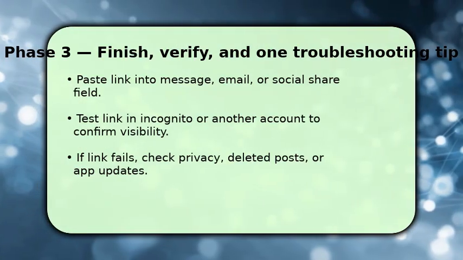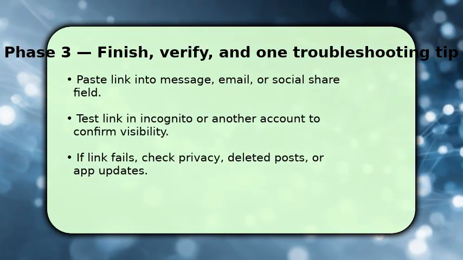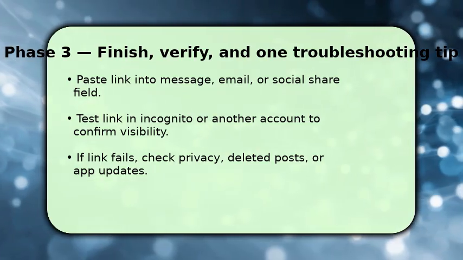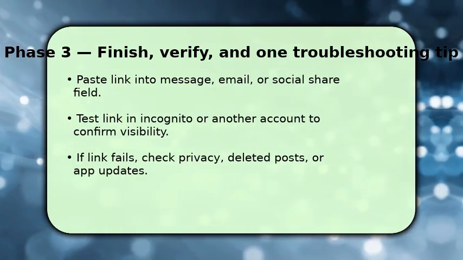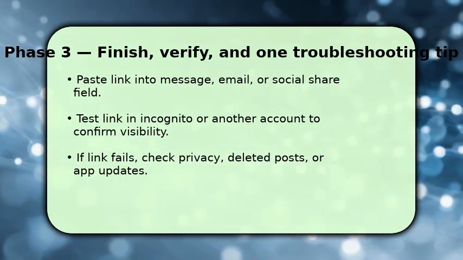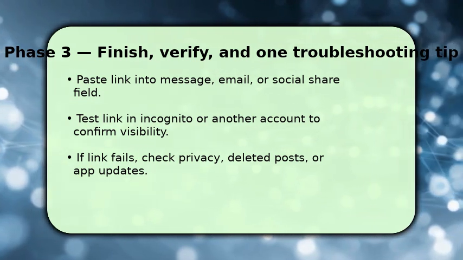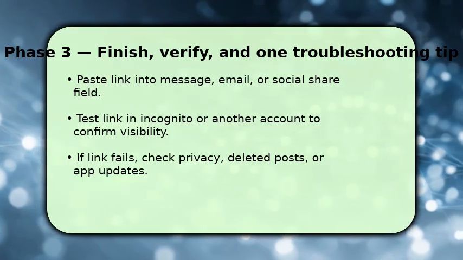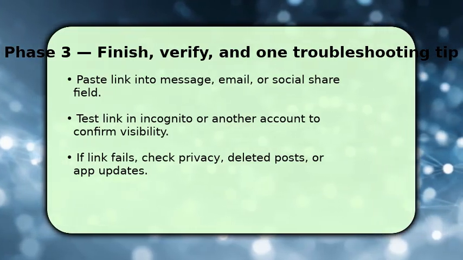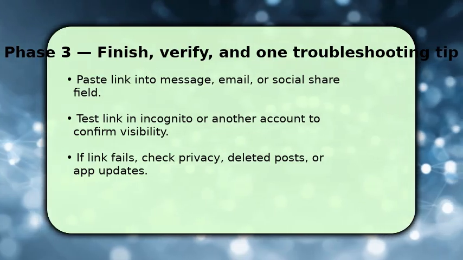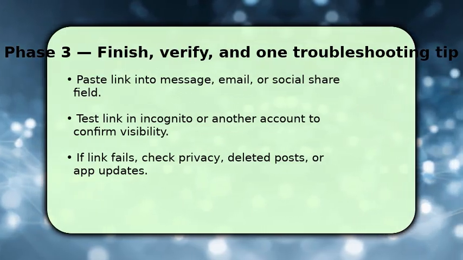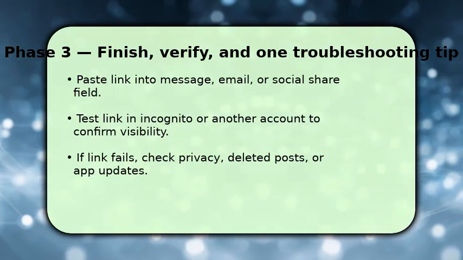You finish by pasting and sharing the link where needed, and then verifying it works for recipients. Once shared, test the URL in a private or alternate account to ensure visibility and that it points to the correct thread. If the link doesn't open, make sure the post wasn't deleted, the account isn't private, or the app isn't blocking shares. As a troubleshooting tip, if sharing still fails, update the app, restart it, and recopy the URL before